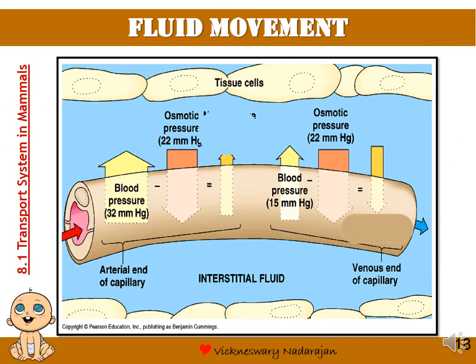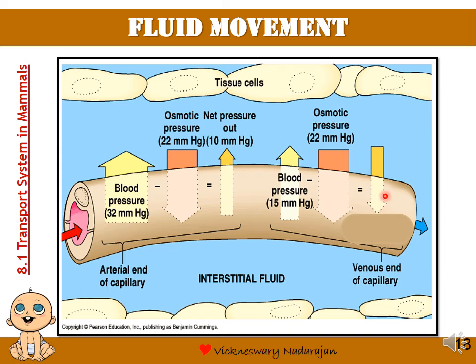In this question, they have given us the blood pressure, that is the hydrostatic pressure, at the arterial end of the capillary at 32 millimeters of mercury, where the arrow is pushing out, and the osmotic pressure of the blood, where the arrow is pushing in, at 22 millimeters of mercury. If we want to know the net pressure, we just have to subtract OP from HP and get a value of 10 millimeters of mercury. The answer is positive, meaning that filtration happened.